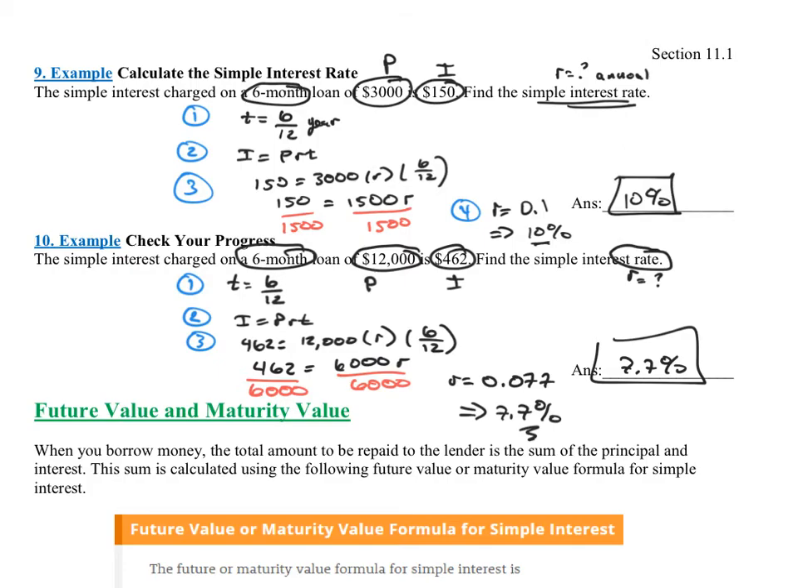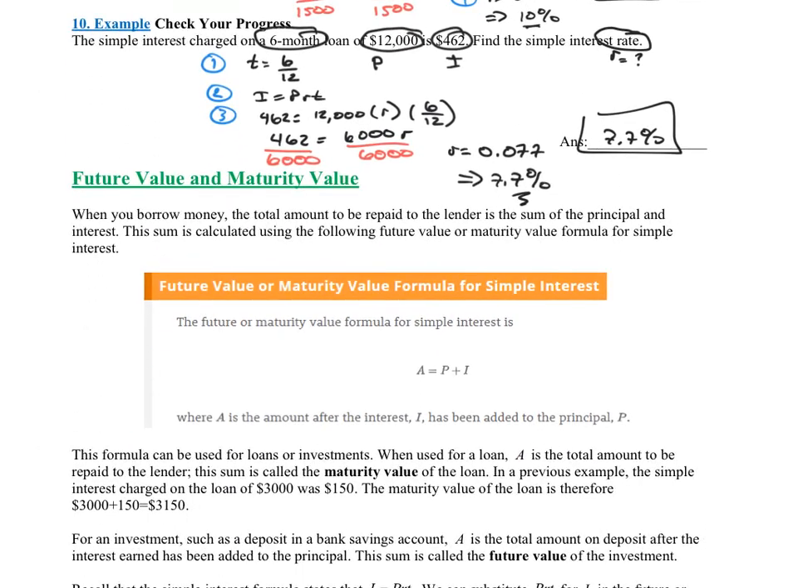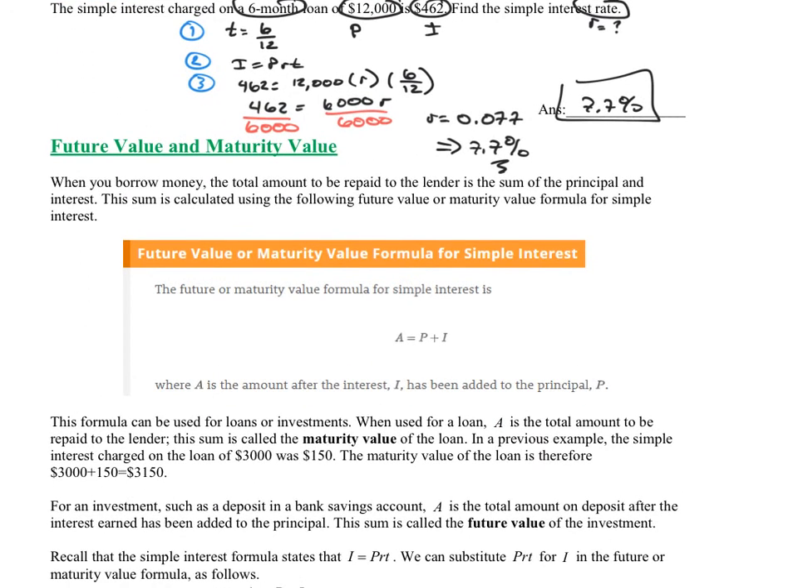Okay, so far we've talked about interest and rates, but what we haven't talked about is what's the total amount in the account. Okay, so let's read through this. It says, when you borrow money, the total amount to be repaid to the lender is the sum of the principal and the interest. So for instance, if you have a $1,000 loan and you owe $500 in interest, you would owe them